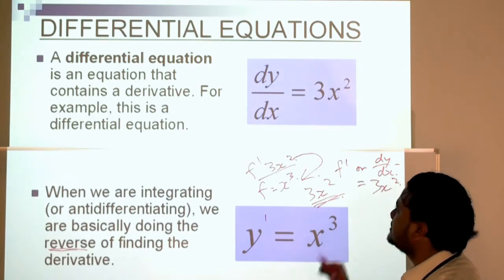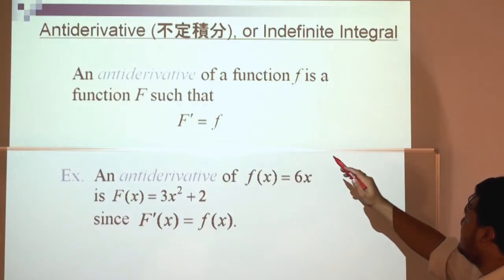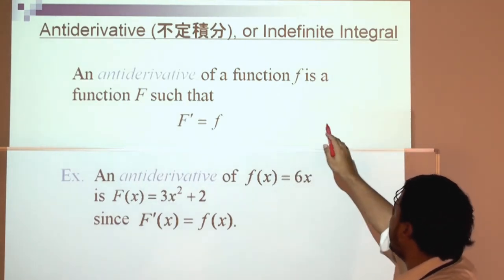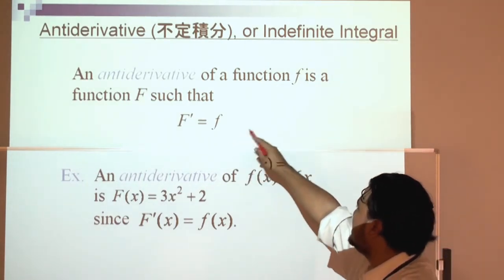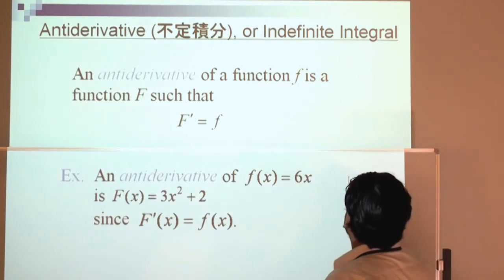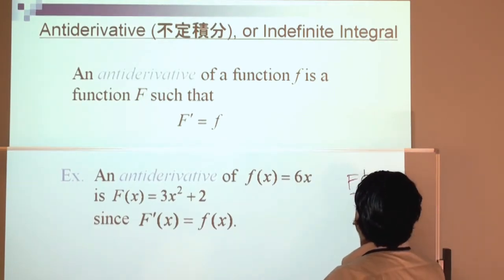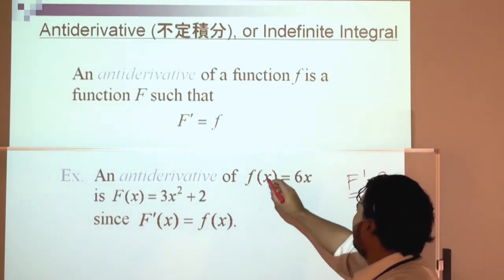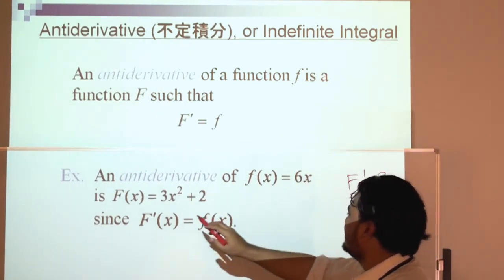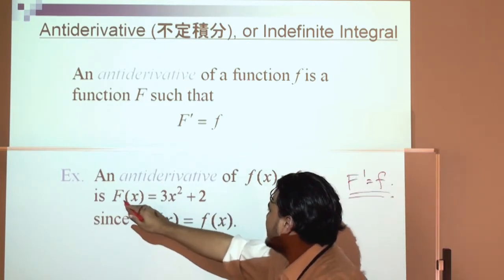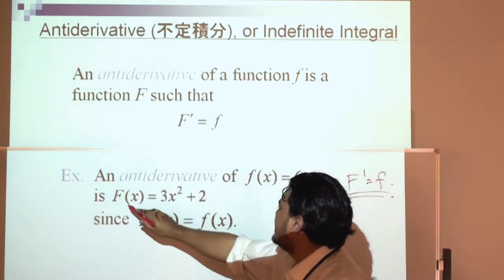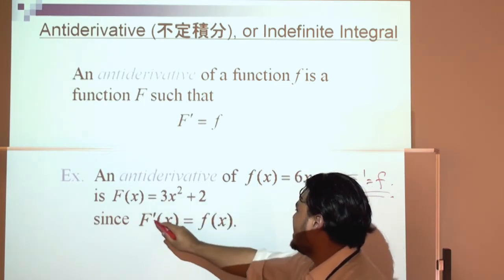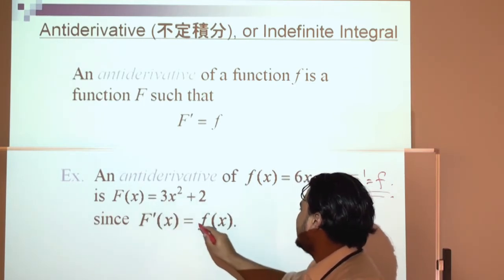Let me go further with this. Okay, so the antiderivative, or indefinite integral. An antiderivative of a function f is a function capital F such that F dash equals f. What does that mean? Have a look here. An example: an antiderivative of f(x) = 6x. The integral of that, capital F(x), is 3x squared plus 2,